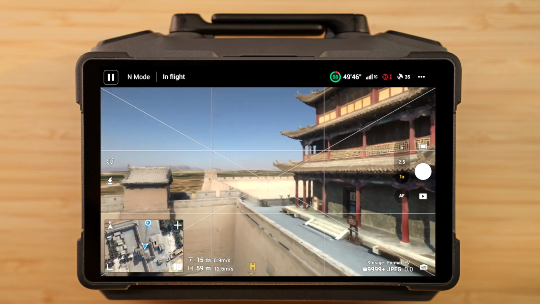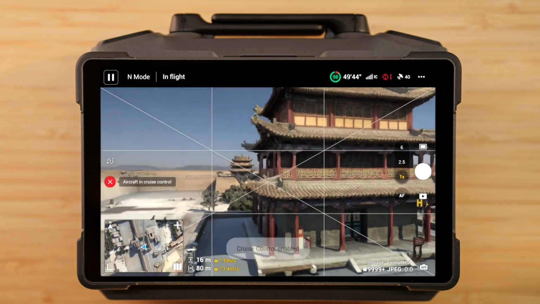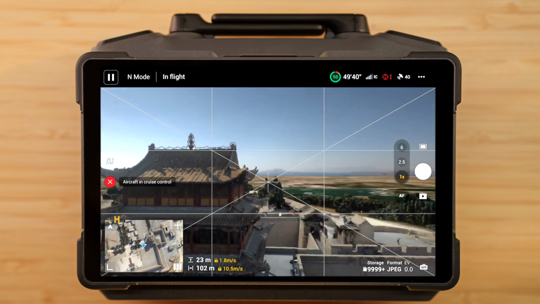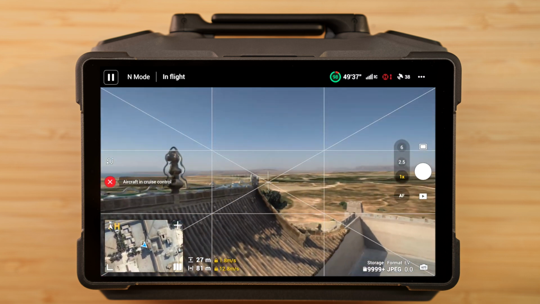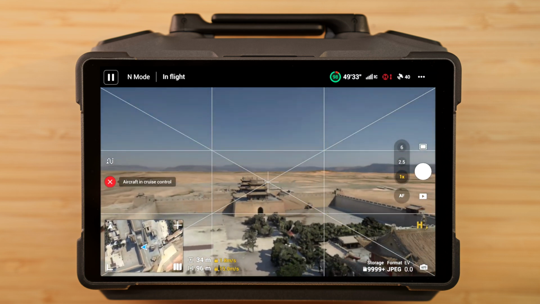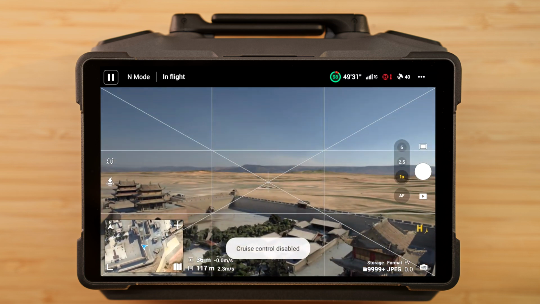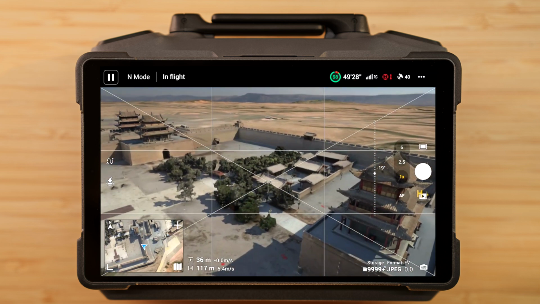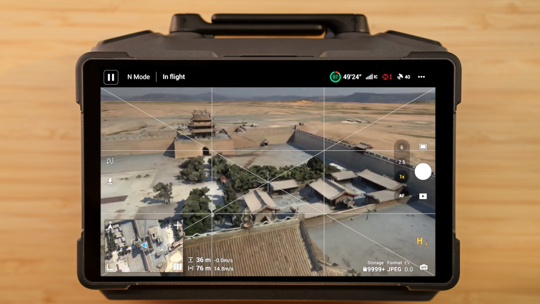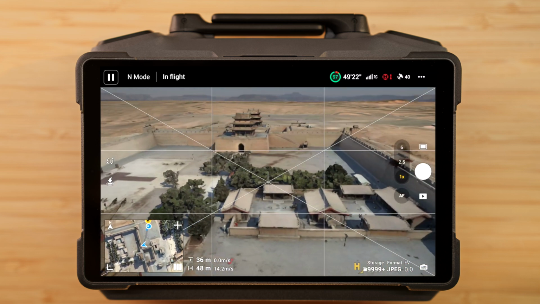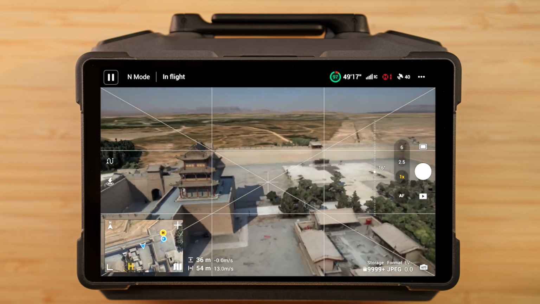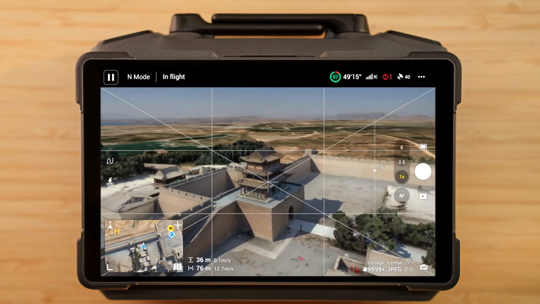So once again, we can put on cruise control, and look at that. Once you put on cruise control, and even if you want to change it a little bit, you can get some really cool shots. Just beware that cruise control can get you in trouble if you're not looking at what you're doing, and also if you haven't enabled your sensors, then stuff will happen and you'll be in trouble. So just be careful with cruise control, even though it is no doubt one of the coolest